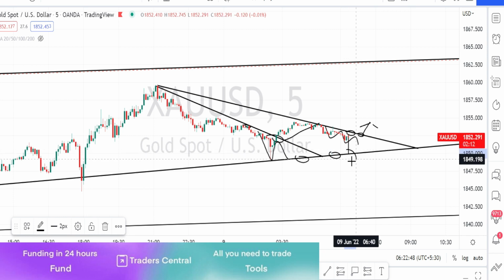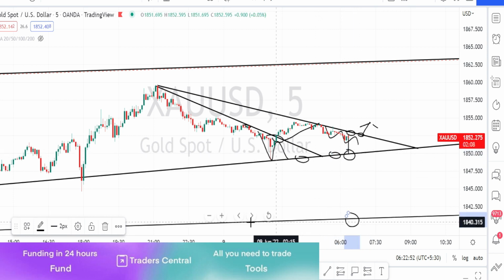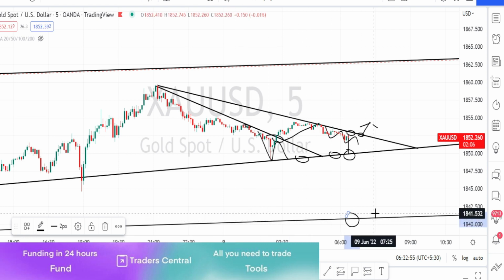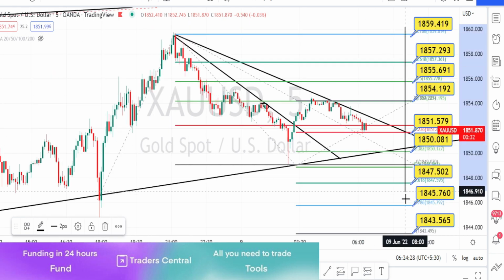And if the price action breaks this support line, we can expect it to take support on the 4 hours time frame bullish channel pattern support line over here. Let us mark the support and resistance levels. So the values within these yellow color boxes are the resistance and support levels for 5 minutes time frame.